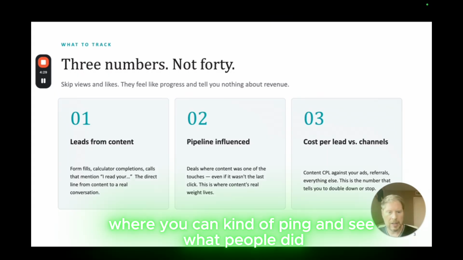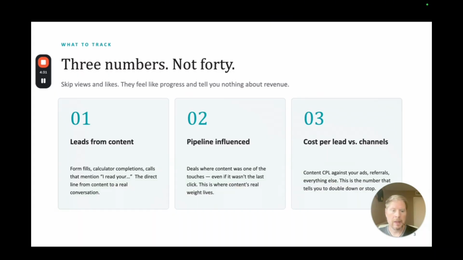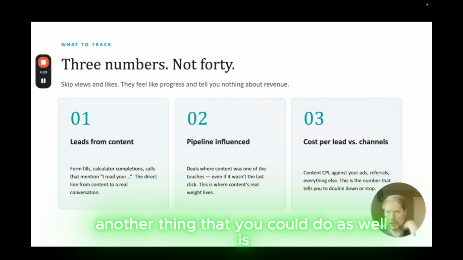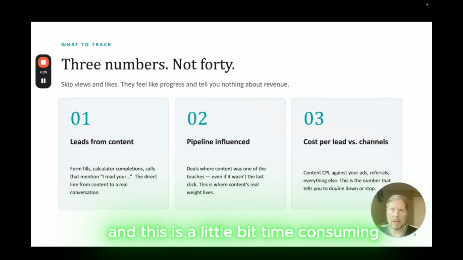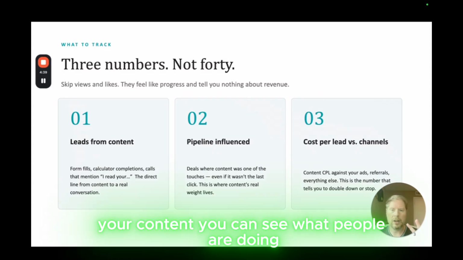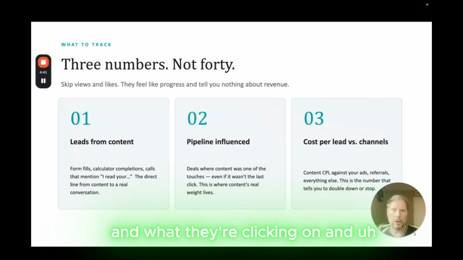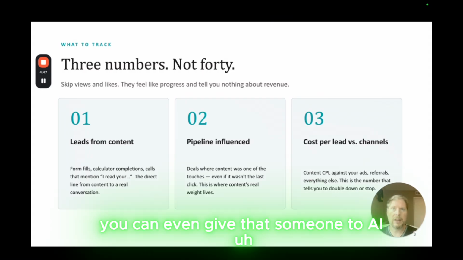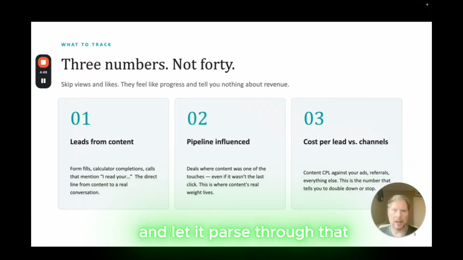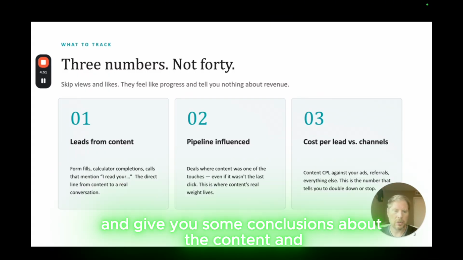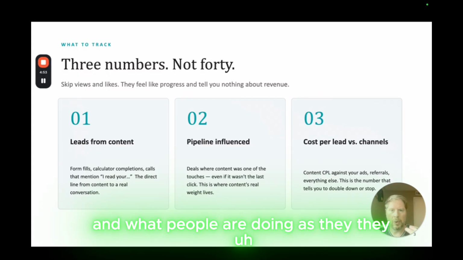Anything where you can kind of ping and see what people did. Another thing that you could do as well, and this is a little bit time consuming, is if you put Microsoft Clarity on your content, you can see what people are doing and what they're clicking on. And at scale, if you can go through that, you can even give that somewhat to AI and let it parse through that and give you some conclusions about the content and what people are doing as